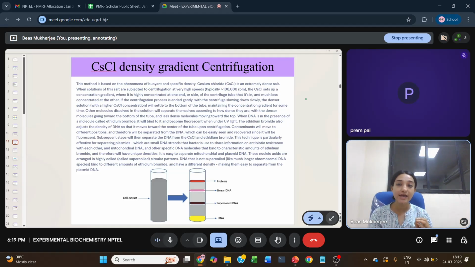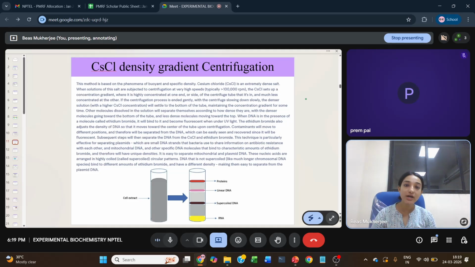So these nucleic acids are arranged in a highly coiled form, often called supercoiled. You know what supercoiled is, right? Supercoiled is covalently closed and circular. That makes it supercoiled. DNA that is not supercoiled, for example genomic DNA or chromosomal DNA, binds to a different amount of ethidium bromide and therefore has a different density, making it easier to separate from the plasmid